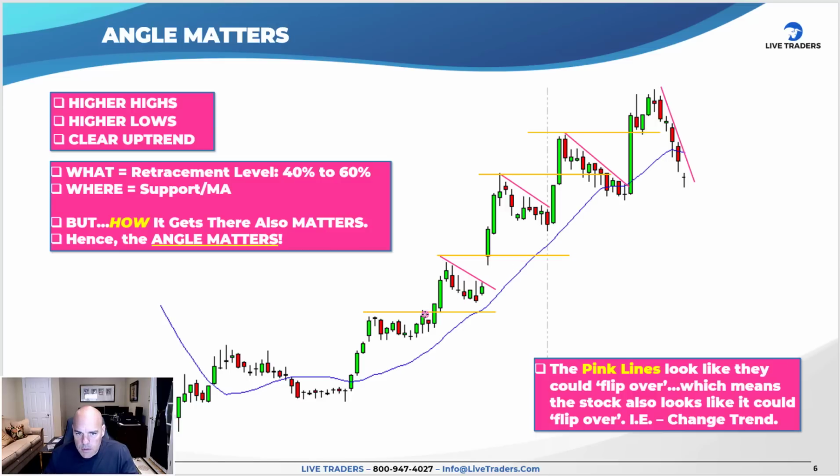Okay, hold on. They're orange. Okay, see the orange lines. See the difference between this orange line and this orange line. Then this orange line and this orange line. And then this orange line and this orange line. We're starting to see